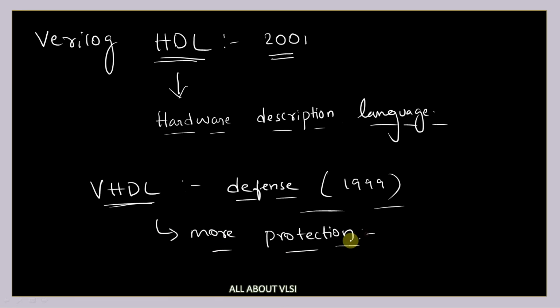If you apply to any defense companies or any third party companies working for defense, they still use VHDL. You might have also seen some job descriptions where they still expect VHDL as a primary skill. So in those cases, VHDL will be useful,